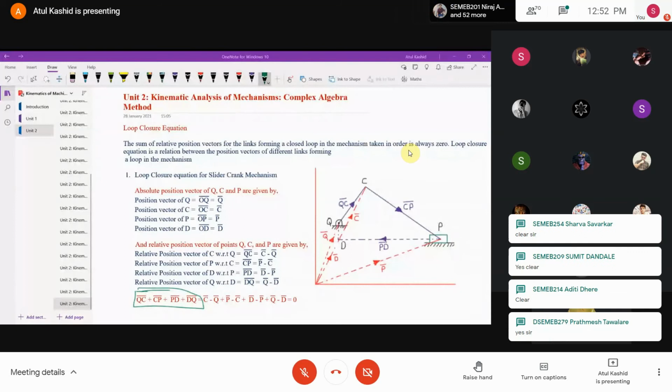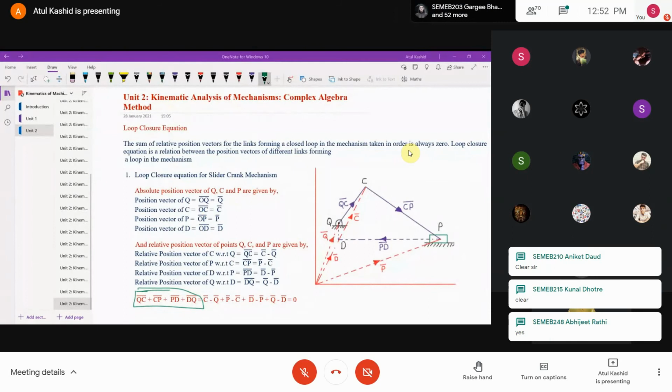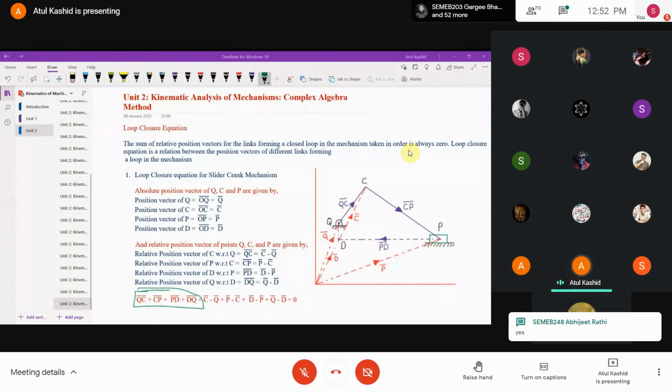So this was the last theoretical concept for today's lecture on the complex algebra. From the next lecture, we are going to start with the numericals on this complex algebra method, right? And as one of the students asked me whether theoretical derivations are going to be asked in the exam or not, there are only 20% chances that they will ask, but while solving the numerical, there you have to derive it, right? The part of the derivation is going to come in the numericals itself, right?